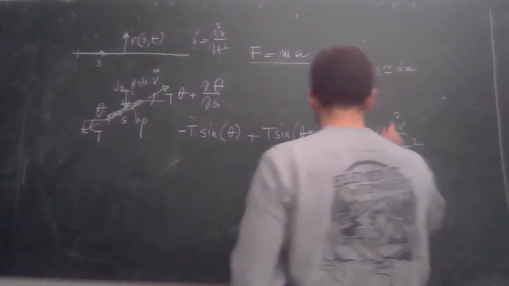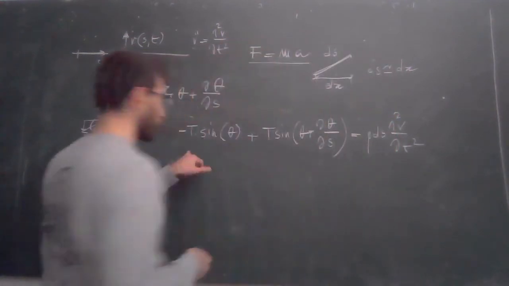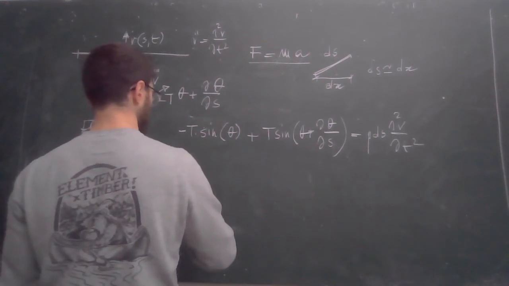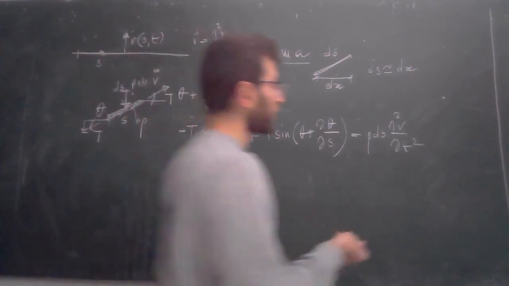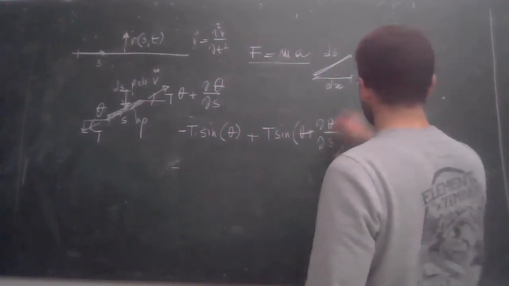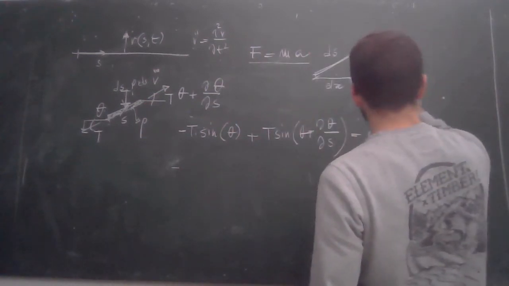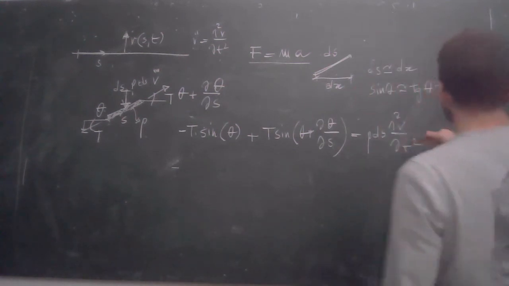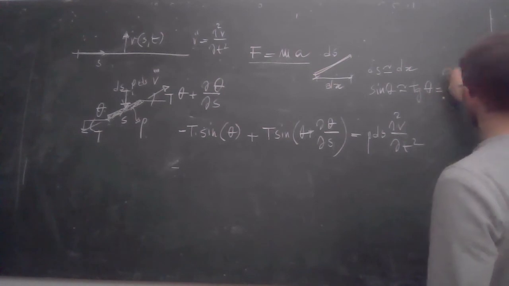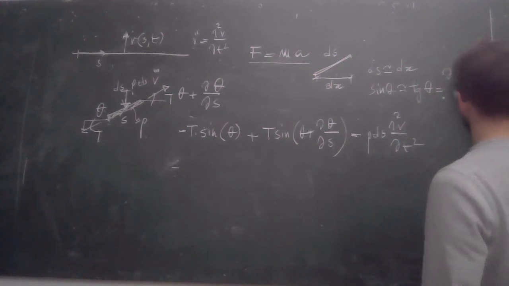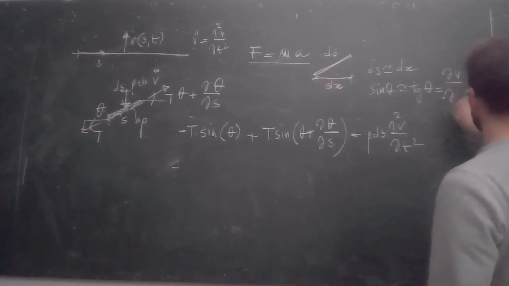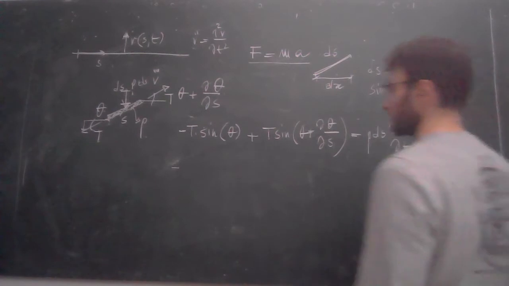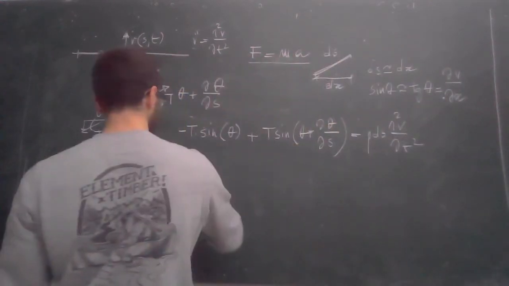So the derivative with respect to ds becomes a derivative with respect to x. And theta is very little. So the other approximation is that we assume sine of theta is approximately equal to the tangent of theta, which is approximately equal to dv over dx. Okay. So we have minus T